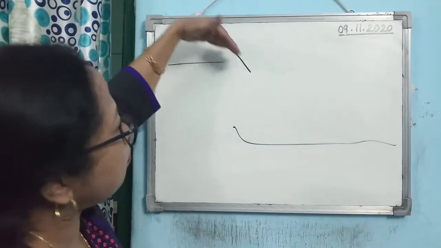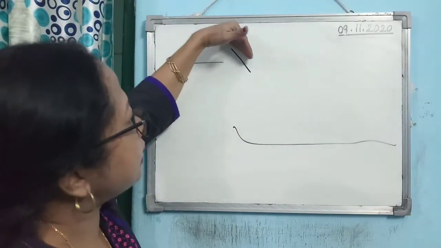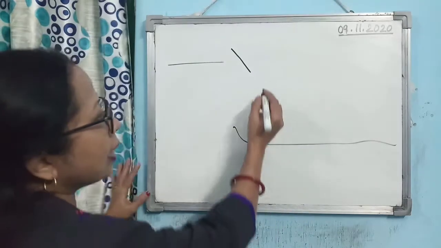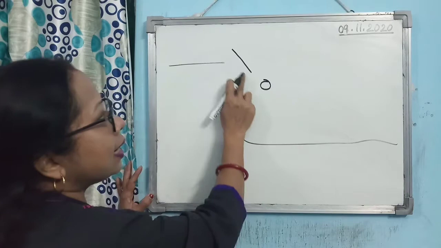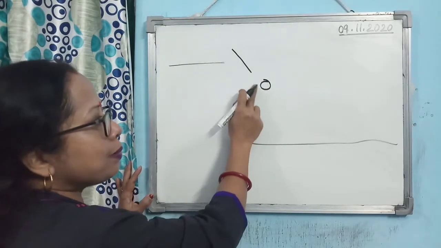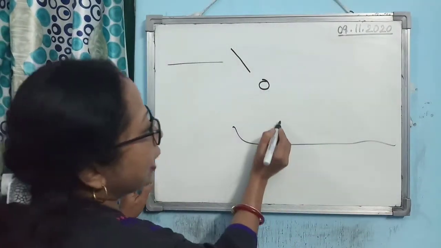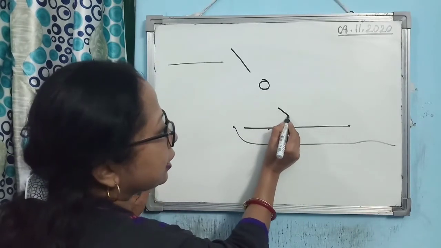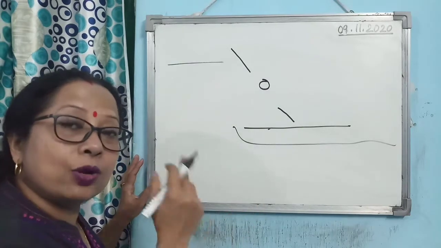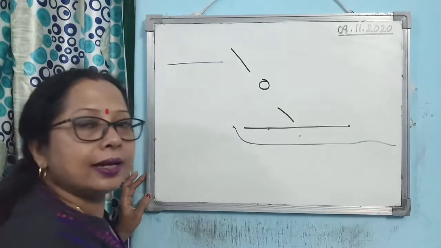When the diver is jumping, hands are down, legs are up, and you will see their body is straight. Then in between, they bring their legs and hands near the axis of the body and make their body almost circular. Then you will see they spin or rotate faster. And after that, when they are near the water, they again stretch their body, and you will see they rotate with less velocity and then get inside the water.